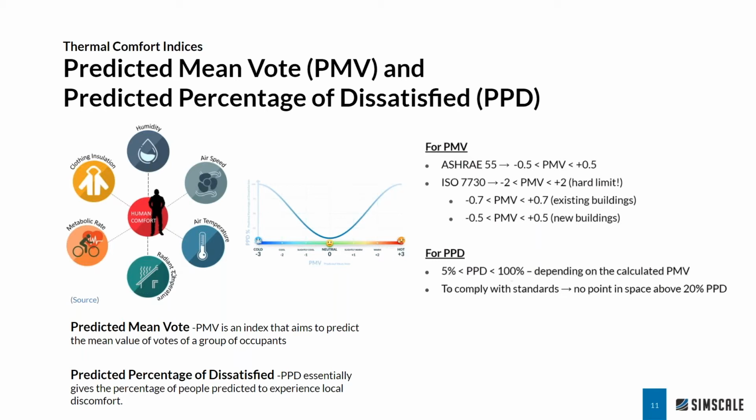So thermal comfort for a human or an occupant will be defined based upon certain parameters as shown here, such as metabolic rate, clothing insulation, humidity of the environment, the air speed that is prevailing, the air temperature, and also the radiant temperature. So let's see how a CFD solution, in specific SimScale, can help to achieve these kind of results or to compare different designs that can give you a good idea about the thermal comfort